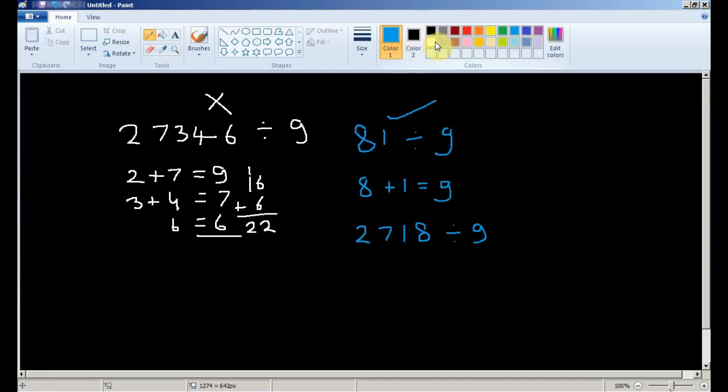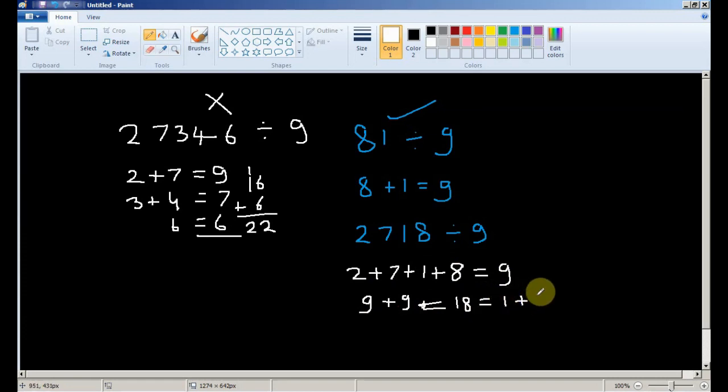So we have to add all the numbers. 2 plus 7 is 9, plus 1 plus 8 is 9, equals 18, equals 1 plus 8 equals 9. So this number is divisible by 9. Like this one is also divisible by 9.